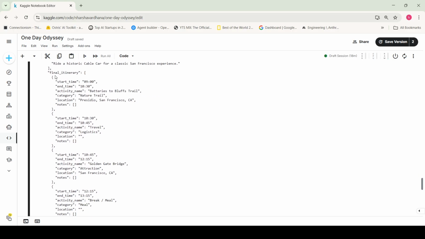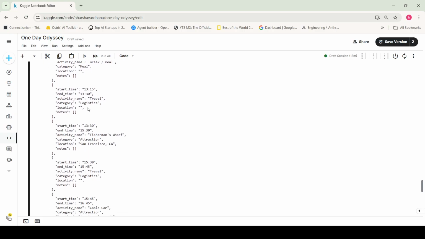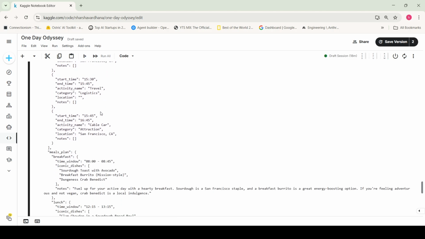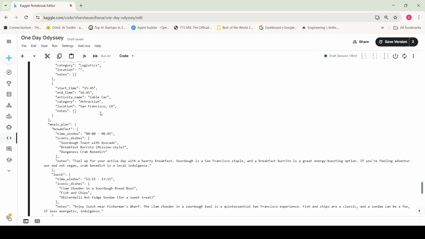Here we can see the final itinerary. The trip time starts at 9. As you can see, there are no conflicts and it has planned properly with breaks in between, so it doesn't turn out to be a fatigue trip.